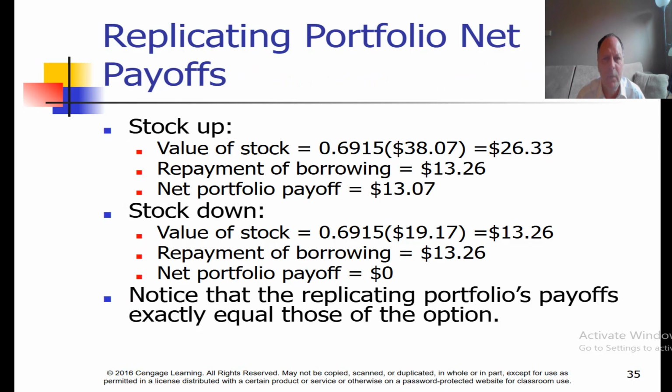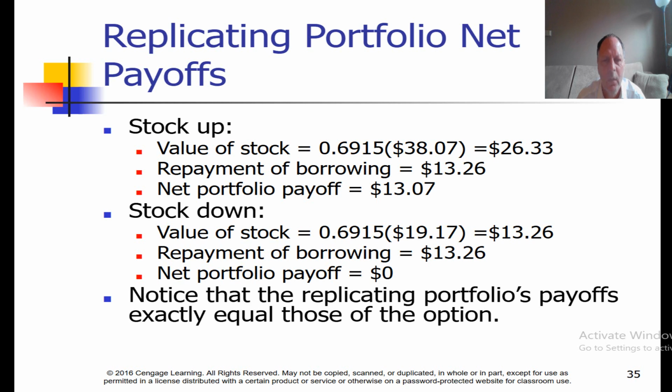If the stock goes up, the value of the stock portfolio is going to be 0.6915, the number of shares we purchase, times the price of the stock if it goes up, 38.07, which we got from 27 times 1.41, or $26.33. If we sold that stock, we would then use that money to pay off what we have borrowed, the $13.26, and then be left with $13.07,